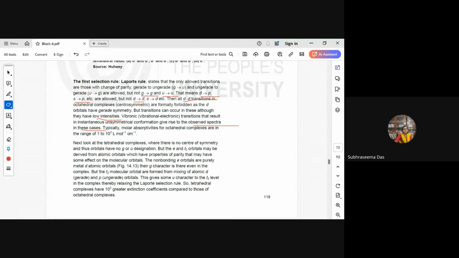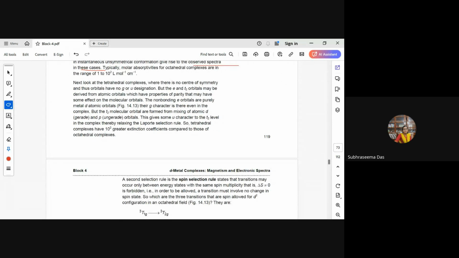But the E and T2 orbitals have been derived from orbitals which have some symmetrical properties. So that is why the non-bonding E orbitals are the metal d orbitals, and their g character is still present in the complex. But the T2 orbitals are formed from mixing of the d atomic orbitals. So here, considering the tetrahedral complexes, if we look into the spectra of tetrahedral complexes, the epsilon,